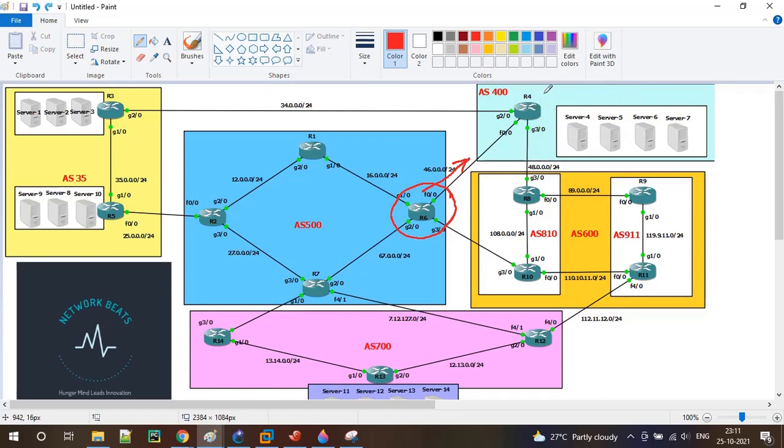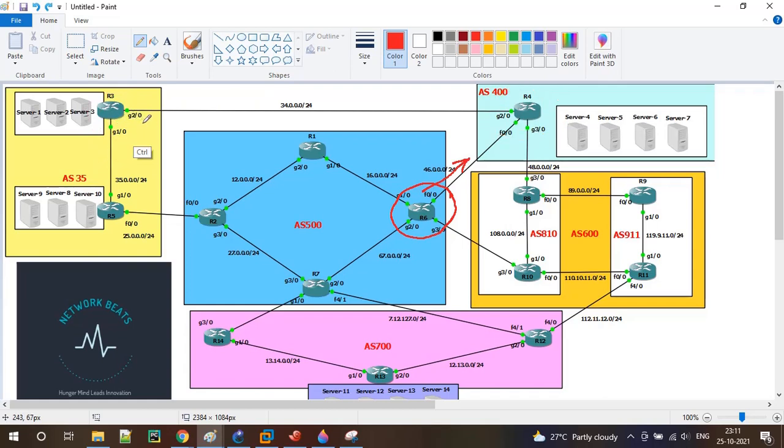That is what I mean: the attribute is local to that router. If you configure weight on R3, again that weight is local to R3 only. It is not going to be exchanged with R5 or with R4. It is just going to be kept only on R3.